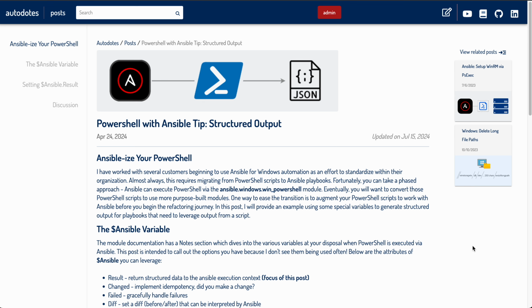It's pretty common when folks are transitioning from writing traditional PowerShell scripts to using Ansible to automate their Windows environment to leverage the win_powershell module, which effectively just runs your PowerShell scripts or components of those scripts as Ansible tasks against your target hosts. Eventually, I would always recommend that you convert those PowerShell scripts into the more purpose-built Ansible modules, but this is